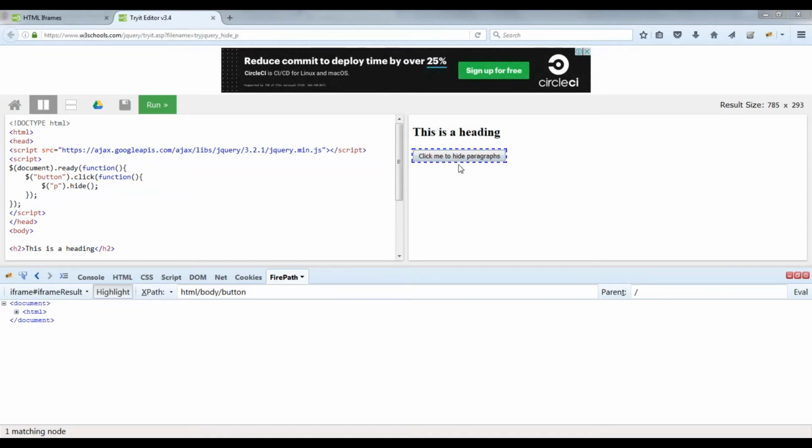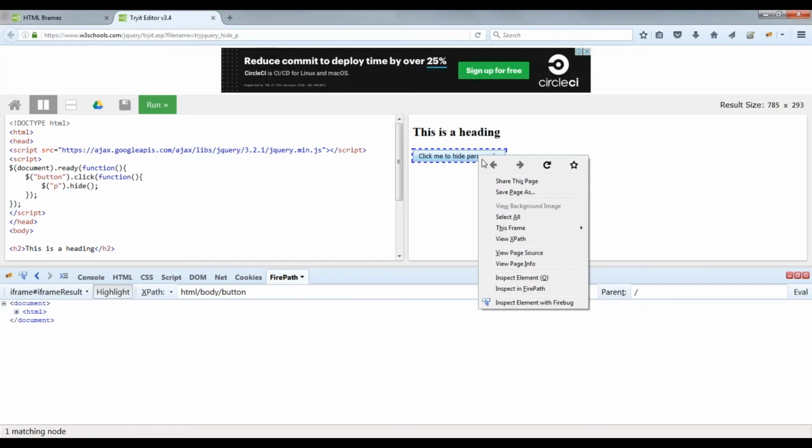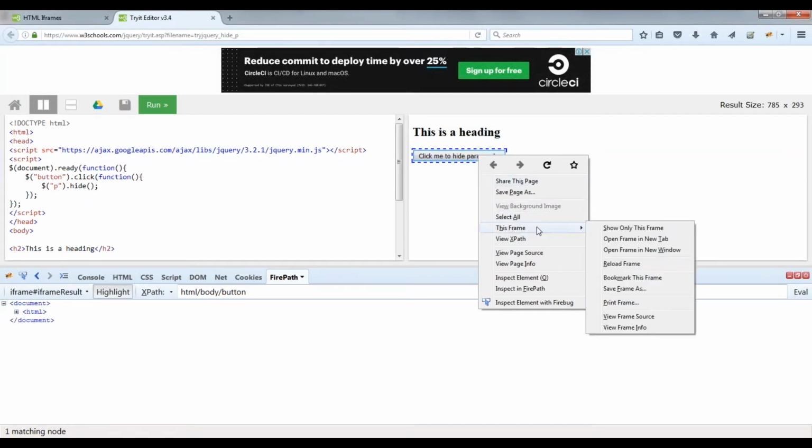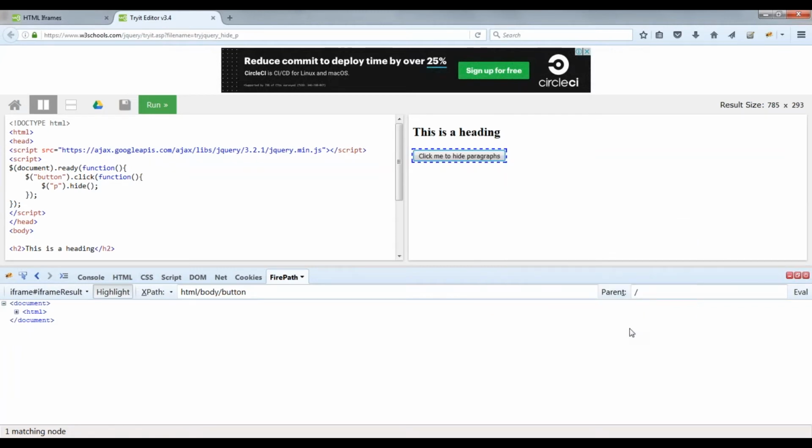The second way of identifying this is when you right click on that element, it is showing me this frame. In the sense this element is inside a frame. You can give view page source, view frame source, or view frame info.